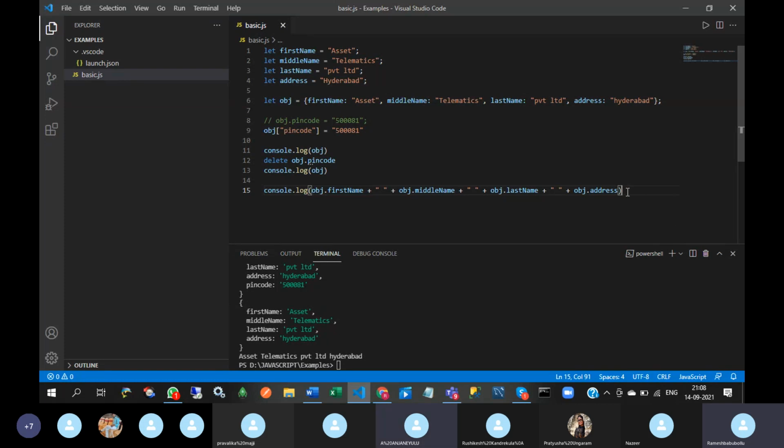So there is another way to display this type of information by using a for loop. So how to write the for loop?